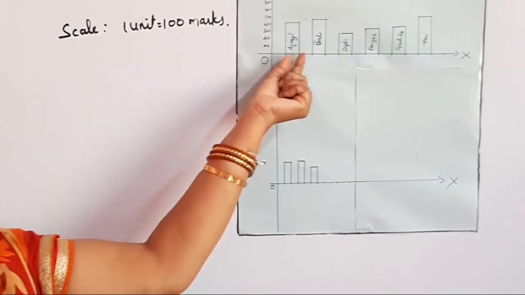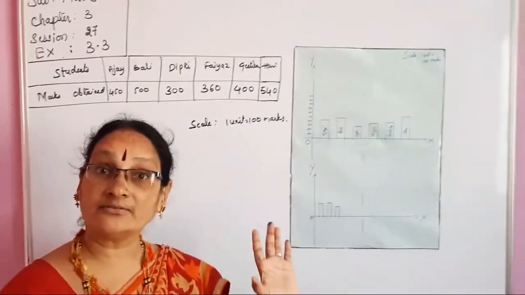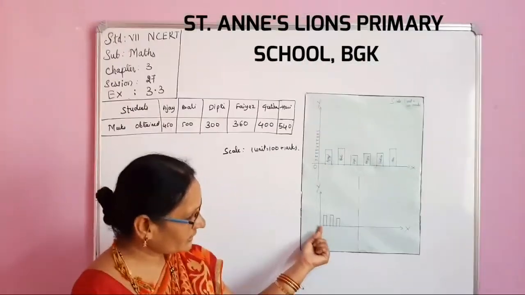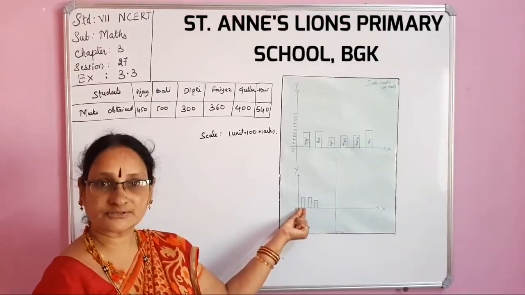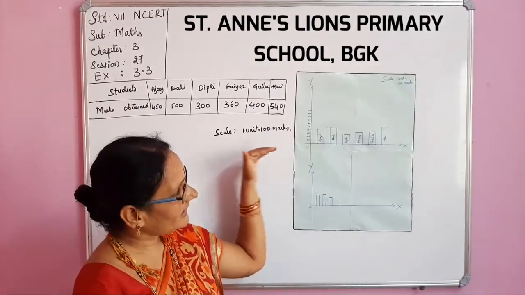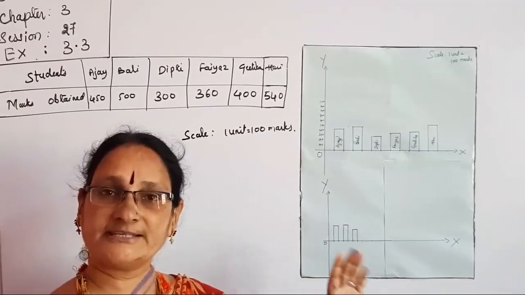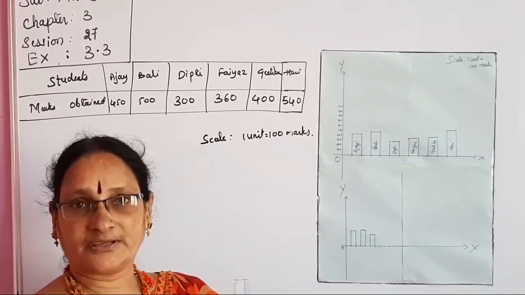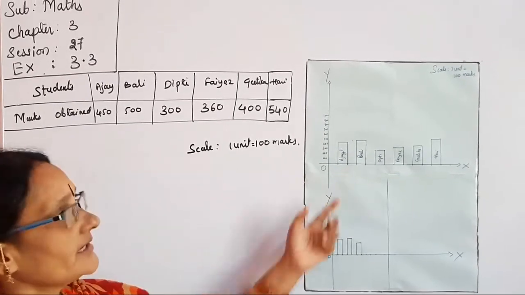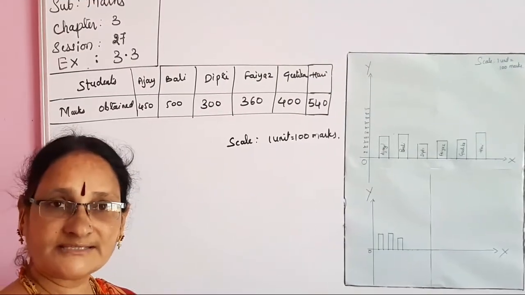Here 2 centimeters I left, 2 I used. Here 1 leaving, here 2 using. No. Equal width, uniform width we must have. That I am showing here. Here if you leave 1, you can use 1 for the bar. If you are leaving 2, you must use 2, and it is clearer and neatly visible. If space is available, if the score is like that, you can have it like this.